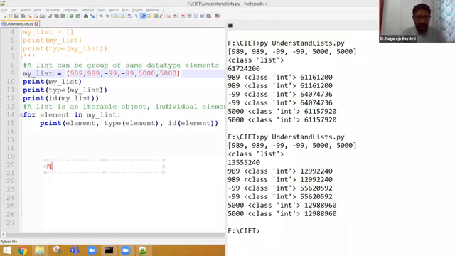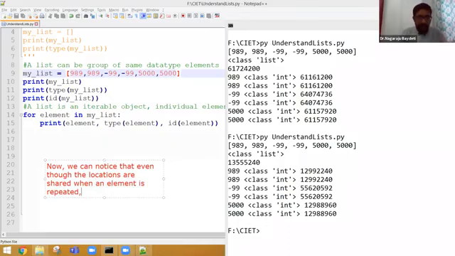Now we can notice that even though the locations are shared, when an element is repeated, they are not from the cached locations. They are dynamic locations. I believe everybody is now comfortable with what I have explained till now in the list. In case you have any doubt, please let me know.